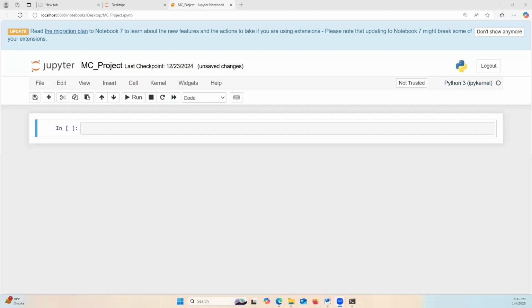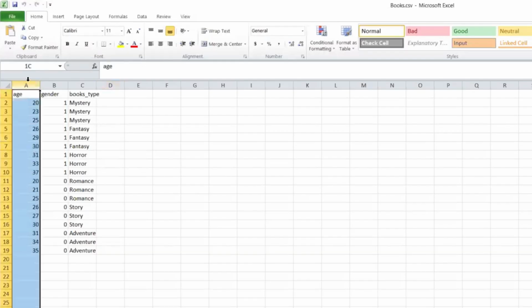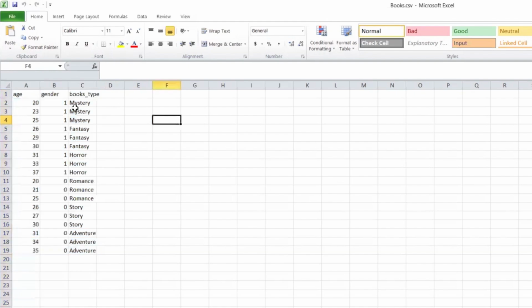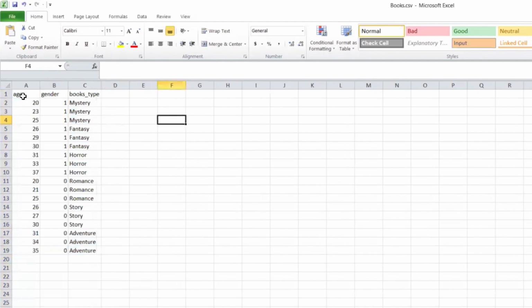So let's focus on the first step, to download the CSV file. In this video, this is a very basic CSV that I have. If I open the CSV file, this is the basic data that I am going to use for my machine learning project. Over here, I have three columns: age, gender, and book type. And if I explain the data inside this Excel, we have